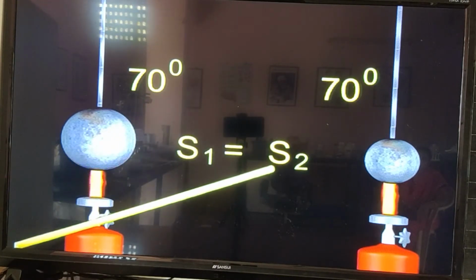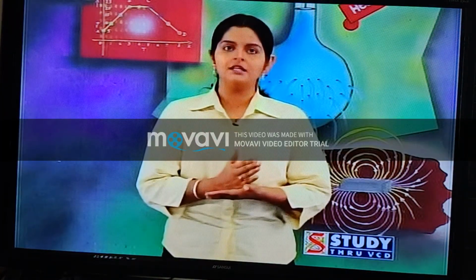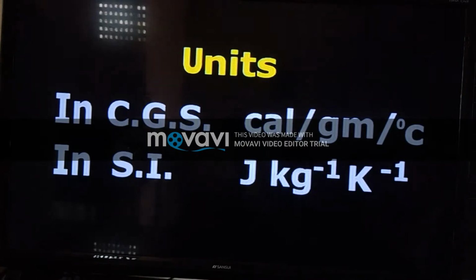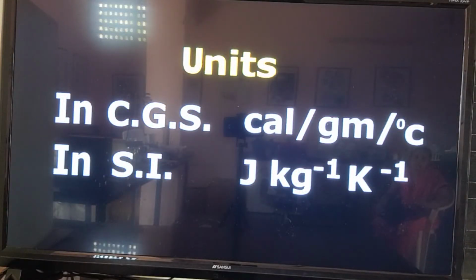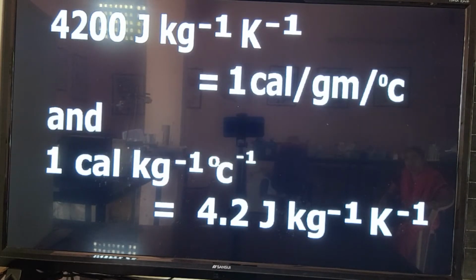You observe it here. Specific heat is defined as the amount of heat gained or lost by a body of unit mass to change the temperature through 1 degree Celsius. Its units are calorie per gram per Celsius in CGS system and joule per kg per Kelvin in SI system. 4200 joules per kg per Kelvin equals 1 calorie per gram per Celsius. The specific heat values of a few solids and liquids are: